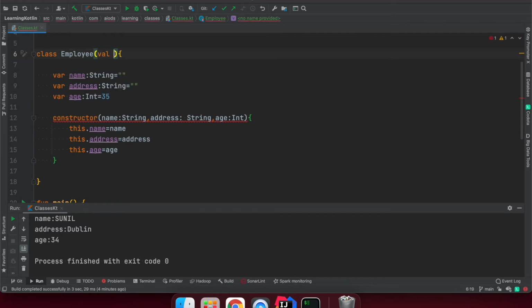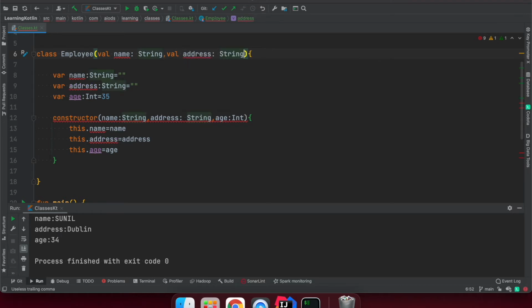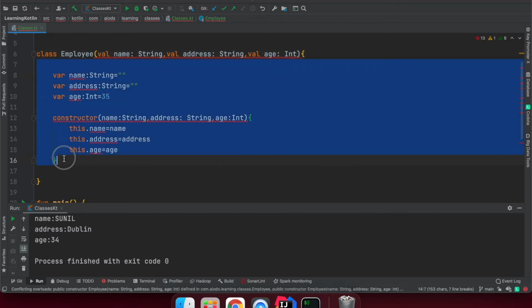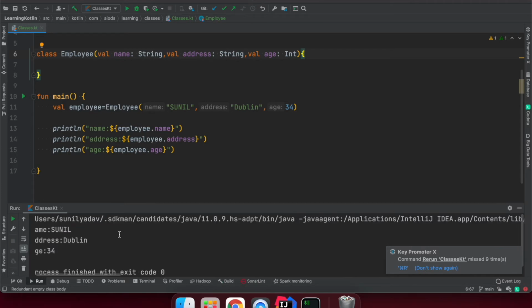So we can say val name: String, comma, val address: String, okay, val age: Int, right? So this is the same thing, we can remove everything. Let's see if it's running or not.